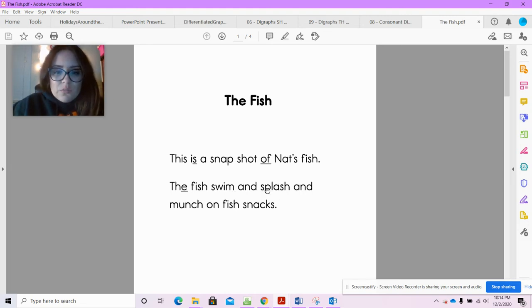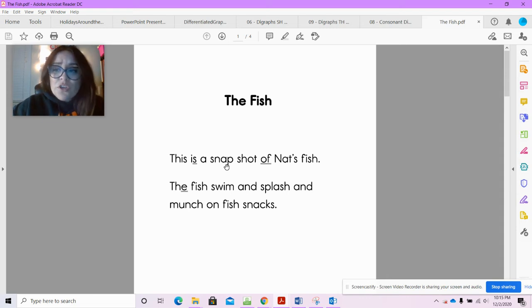Okay, now we have an even longer one over here. It's so long. It has 1, 2, 3, 4, 5, 6 letters. Whoa, but it doesn't have 6 sounds. So let's break it up. I know that the S and the H only make one sound. Sounds like sh. So this says s, p, l, a, sh. So now let's say it a little bit faster. Splash, splash. Okay, so even if it takes you a little bit longer, you need to sound out those words,